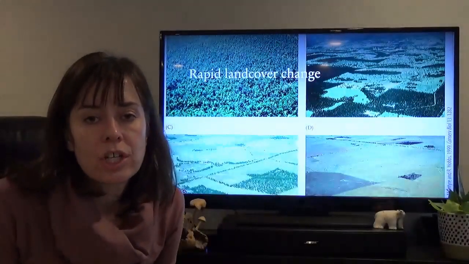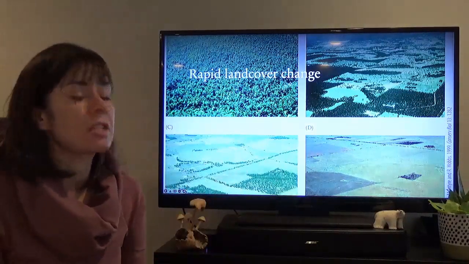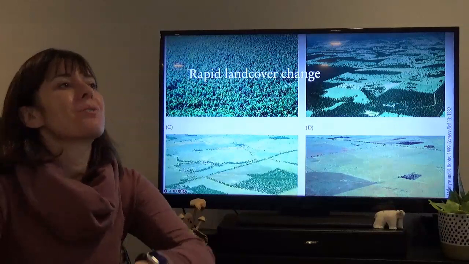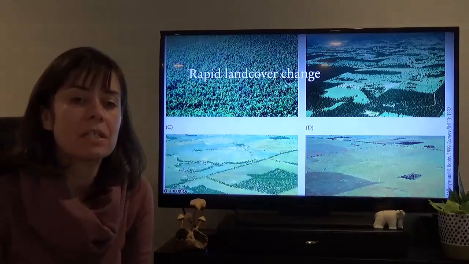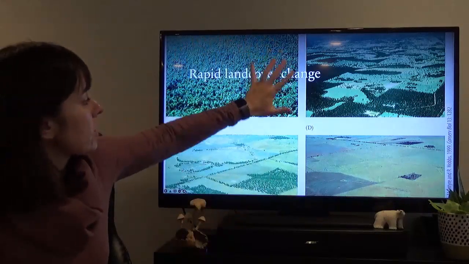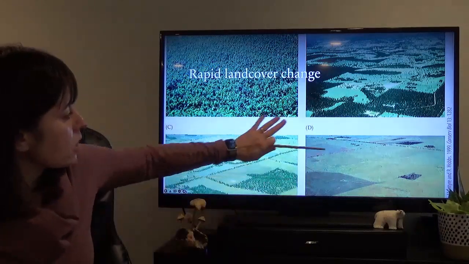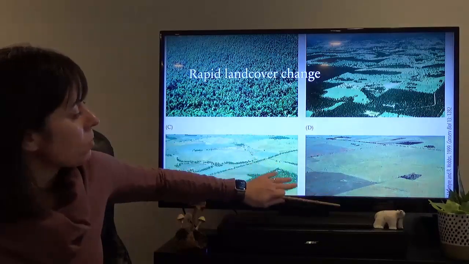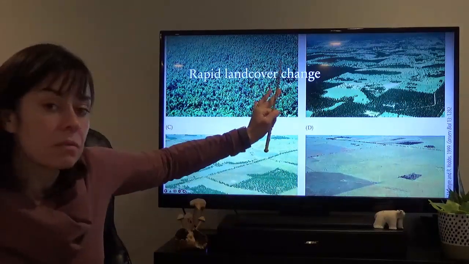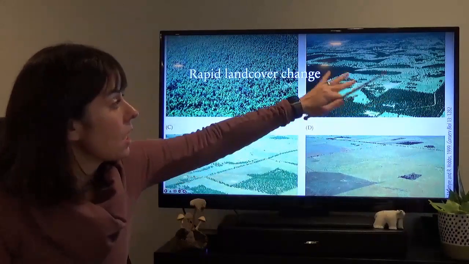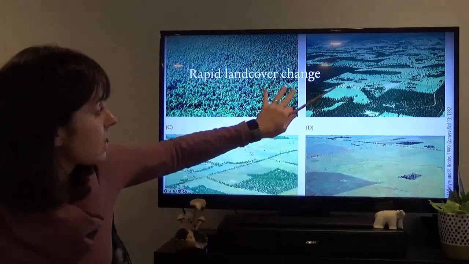Second really important change that humans have made on the planet is land cover change. If you think about the Earth before any kind of development happened, you could imagine an area that was just covered in forest. This is much more typical of what we see today, where parts of this contiguous forest cover have been removed and used for other purposes, and through time, this tends to be the pattern that you go